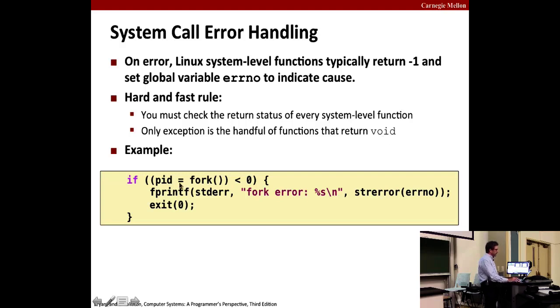So the typical way you would do this is, like the fork call, which we use to create processes, returns the process ID of the process that it created, which is always positive. If there's an error, it returns -1. So we check for the return value to be less than 0, and then we deal with that error somehow. In this case, we're just printing a message and exiting. Although it's essential to do this, from my point of view, where I'm trying to present code to you, it gets really messy. It takes up a lot of space.